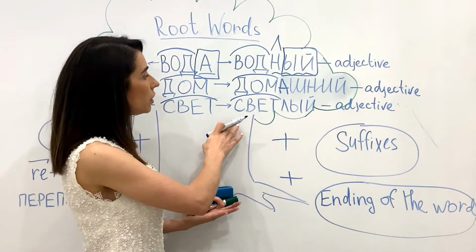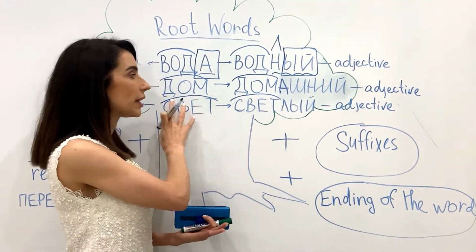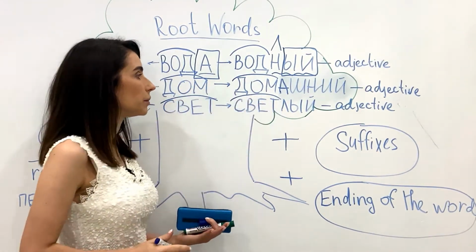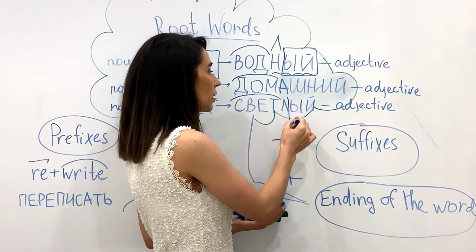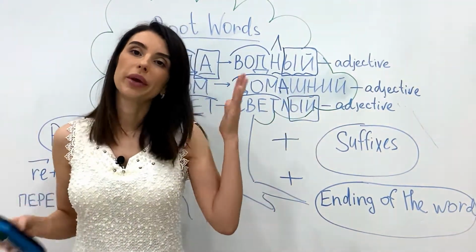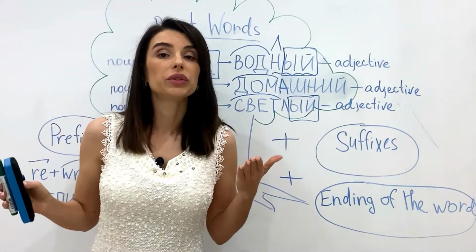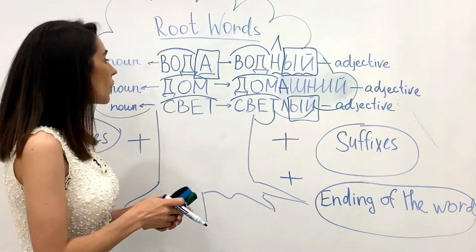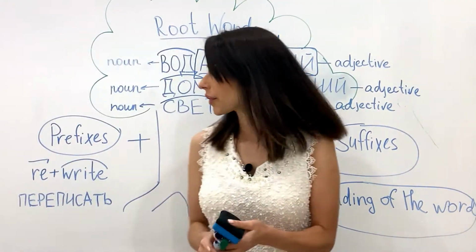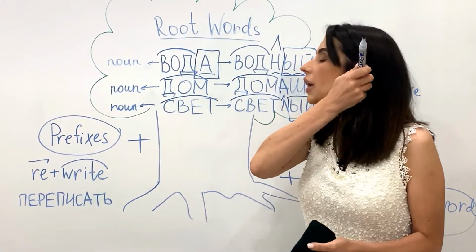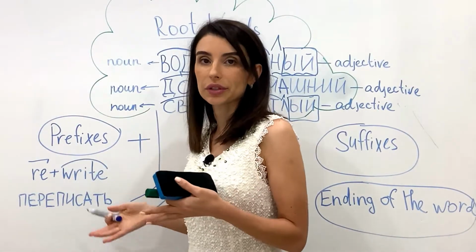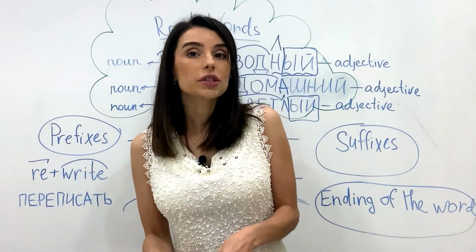So let's continue. So свет, свет, here you can see it's the same, it's the root of the word. Again here it's the end of the word because it's changing all the time. It depends on when you are using this word. And that one, it's a suffix. And I will try to explain a bit what a prefix is. Yes, we have prefix also.